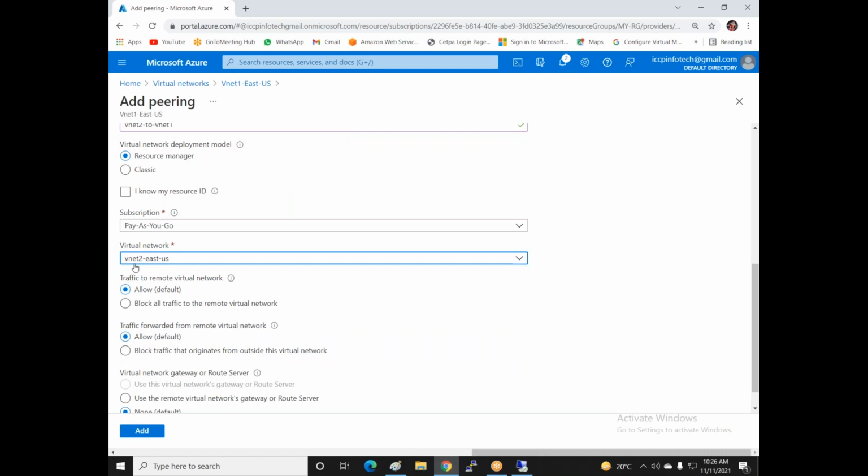But this is actually VNet 3 as per the diagram; by default I just gave it the name VNet 2.